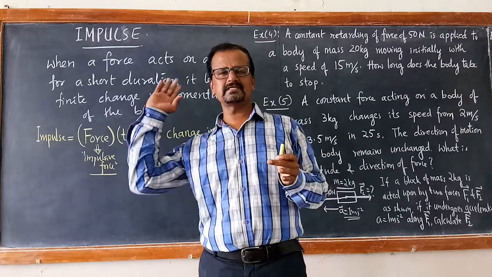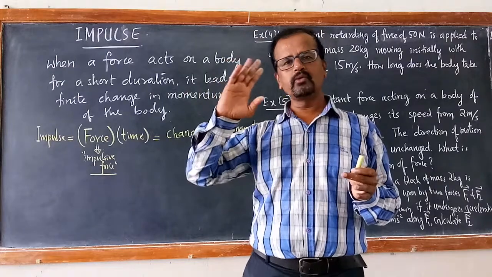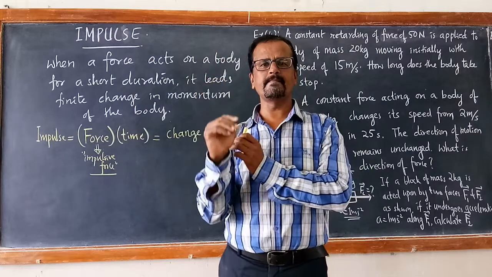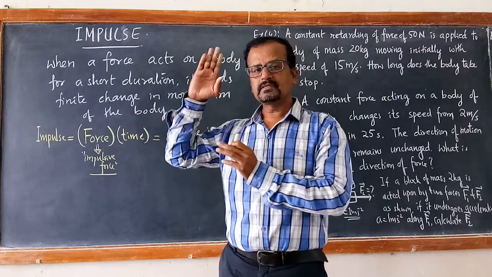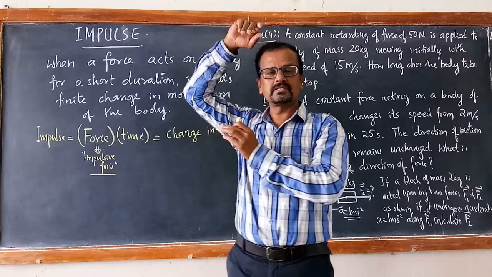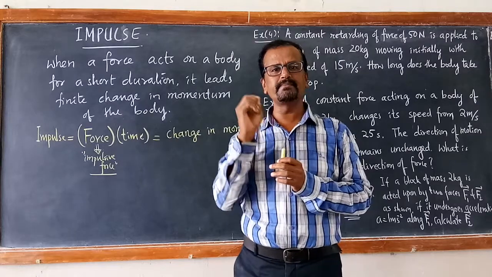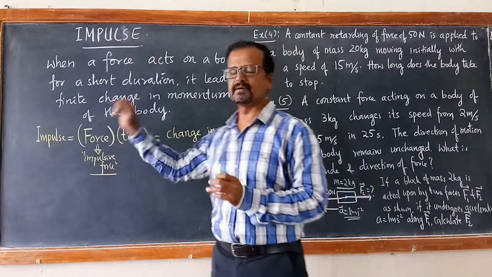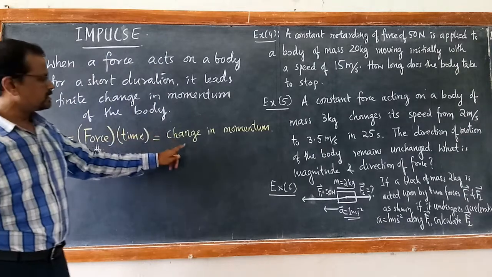Similarly, when the ball is off swing, going away from the batsman, and the batsman just glances the ball, just shows the face of the bat for a very short duration of time, sometimes the ball goes for a six, it enters the boundary, sometimes into the gallery. See, that is the impact of impulsive force. That force multiplied by that short duration of time is called impulse, which can be measured in terms of change in momentum.